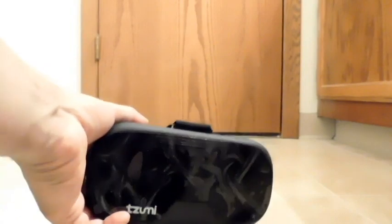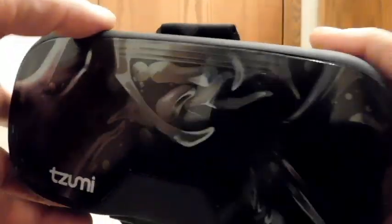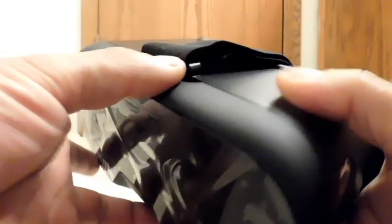So we'll get back to this unit here. The unit is, for the price point, a really good deal. The build quality is about as much as you could ask for at that price point. It seems to be a nice compact unit. Also, it carries well since it's kind of robust. It feels like one solid object, and you don't feel like you're carrying a bag of miscellaneous parts that are rattling all over. Talking about rattling though, there is no rattle, but this closure with the magnetic, it did hold my phone in,